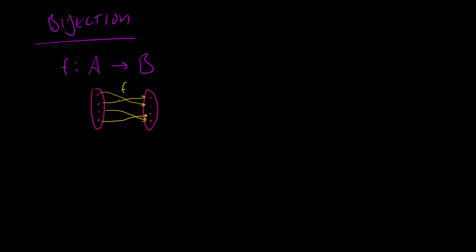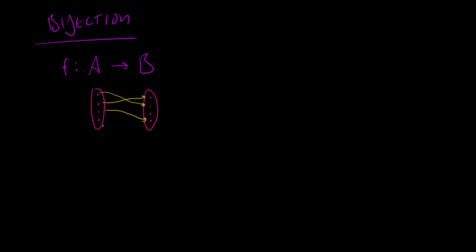And these arrows constitute the function f. A bijection is a function where you can reverse all of the arrows and still have a valid function. Okay? So remember, the rules of a function is that it has to map everything in the domain to something in the codomain. And it can also never map the same thing twice. So for example,